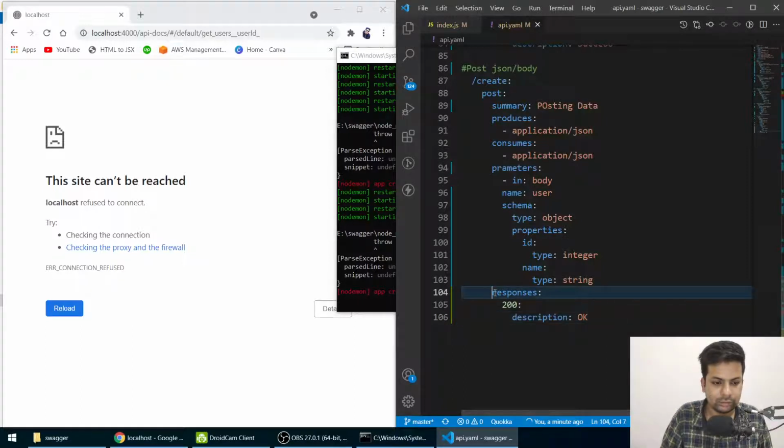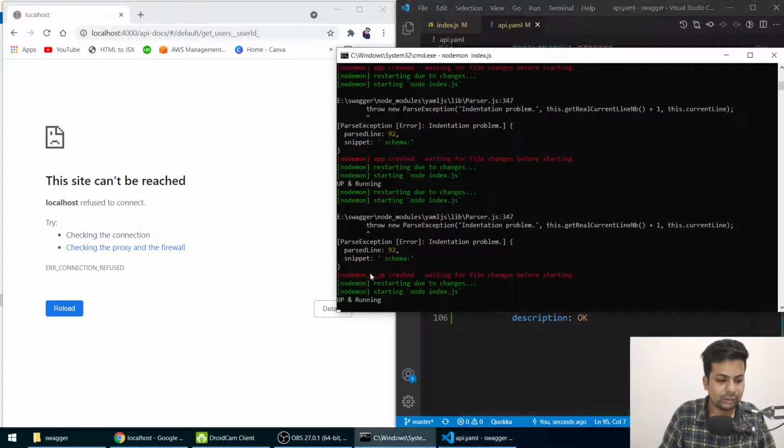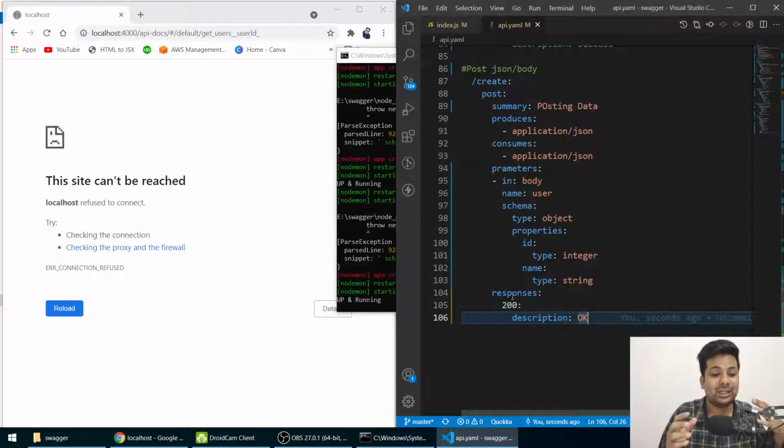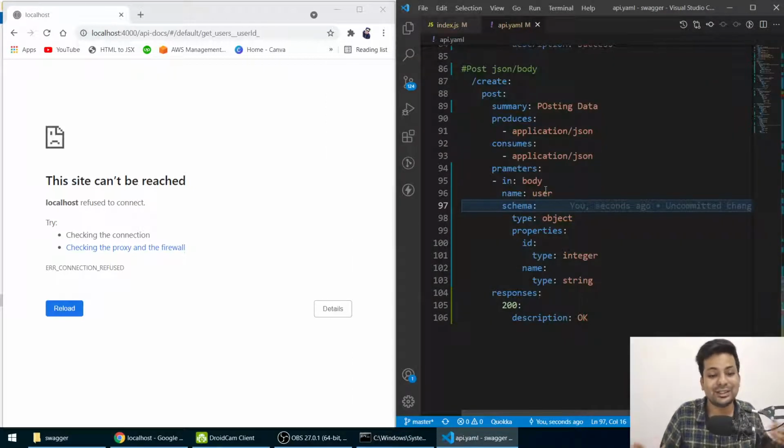Okay, I think responses should be a little bit here. No, it's okay here. So basically just do like this, just put it like 1 2 3 and it should work. So now it's working. It will be a lot of hassle for you every time there's an indentation error in the Swagger UI, and you don't know where the error is coming from. You have to find it yourself.